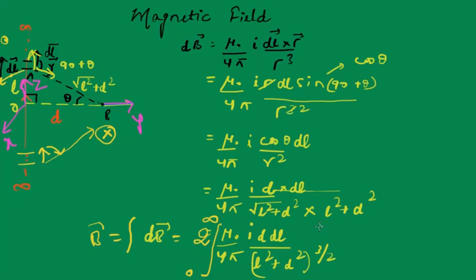And when we use maths, the most important concept used in physics is integration. So you have to integrate it, right? Now, I think it's not a very tough integration, and I will not go into much detail. So I have done the integration for you. If you solve the integration, you will get mu naught I by 2 pi into d into